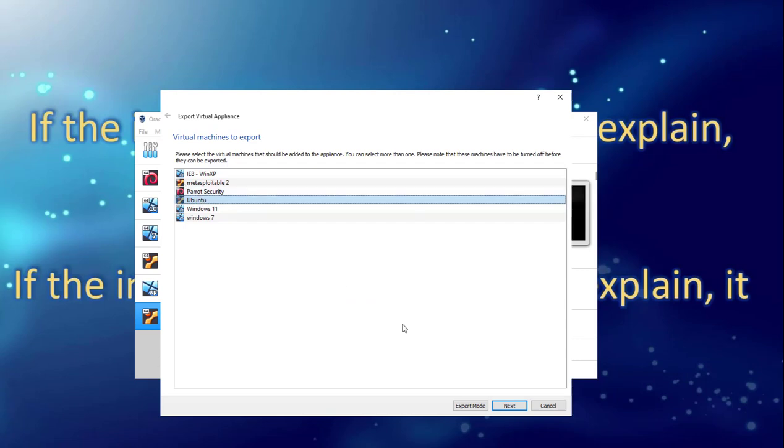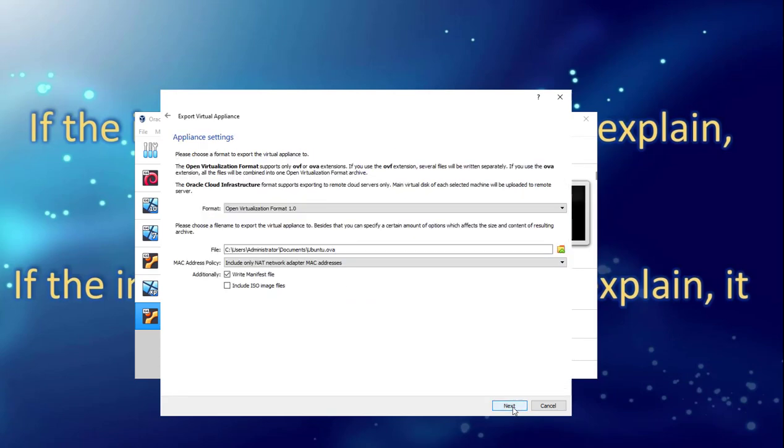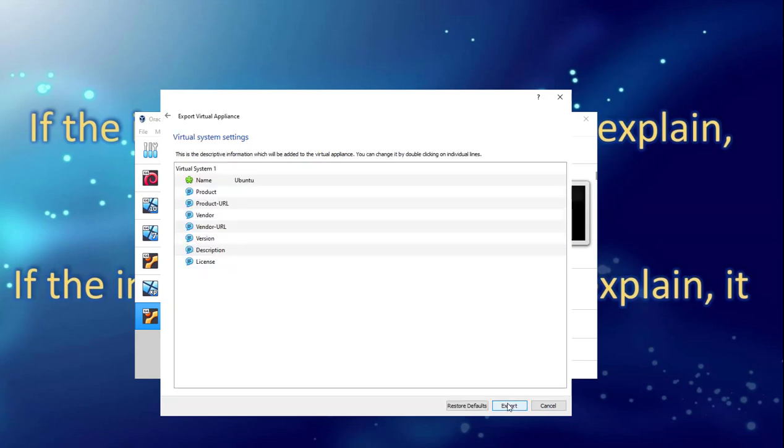Select the Ubuntu and click on next. In the format section, choose Open Virtualization Format 1.0, and there you can see where the file is going to be saved. In my case, it is going to be saved to Documents, and click on next.